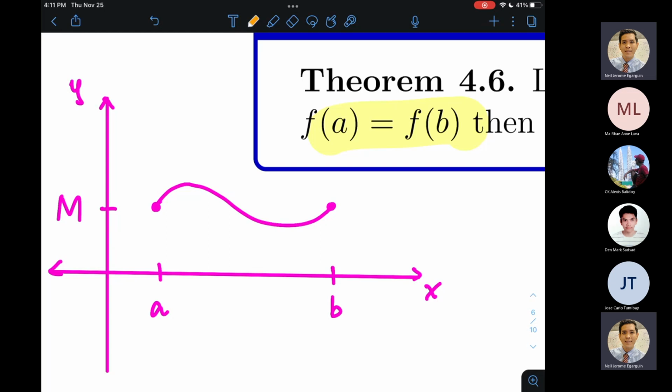Kasi kung ang derivative ay slope ng tangent line, tapos kung yung slope na yun ay equal kay 0, so therefore, dapat makakahanap tayo ng point kung saan horizontal line yung tangent line. Or you can look at it in another way, but using Fermat's criterion or Fermat's theorem, na sabi niya ay kapag nag-zero yung derivative, ibig sabihin